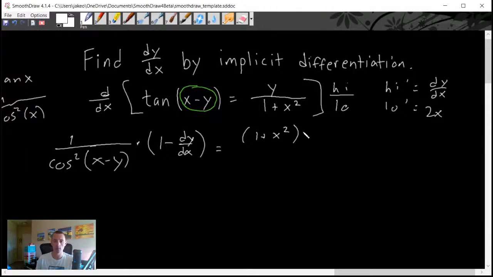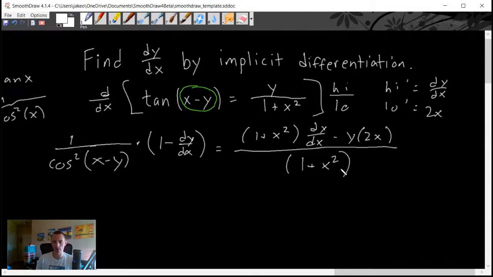Derivative of high is dy dx, minus high d low, so minus y times the derivative of low, so times 2x, all over low squared, all over the bottom squared, so all over 1 plus